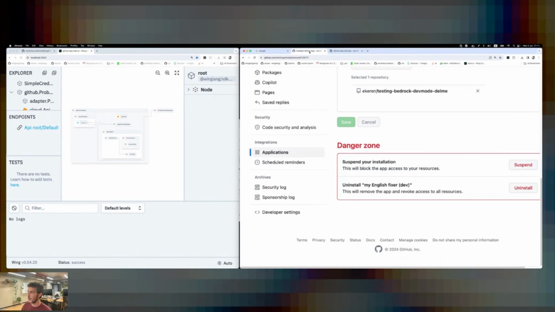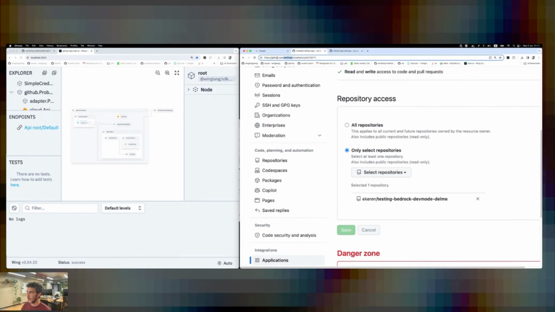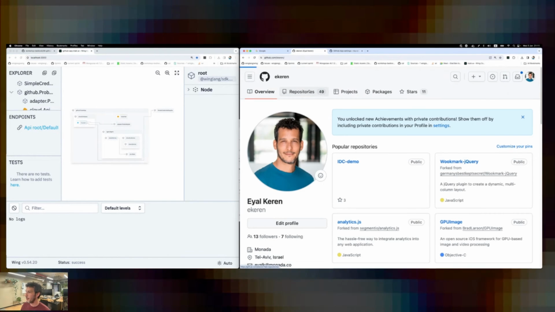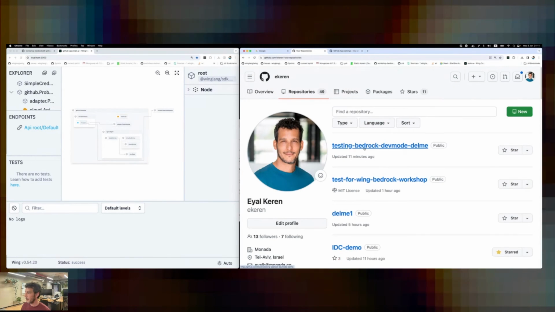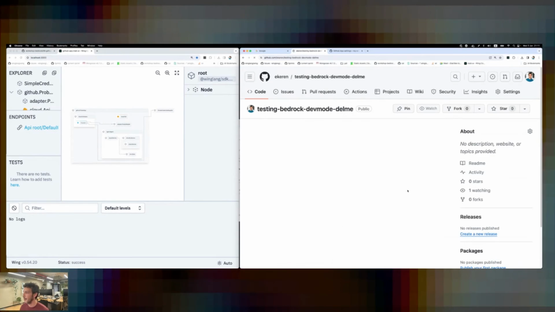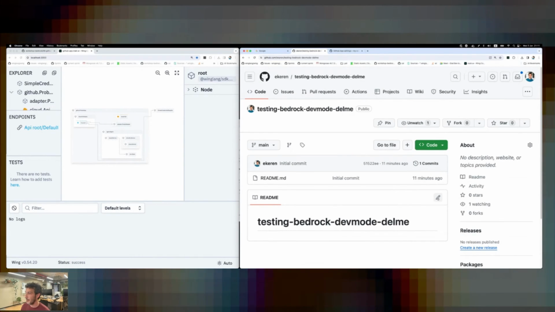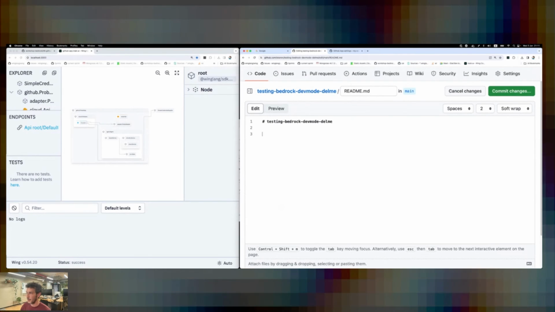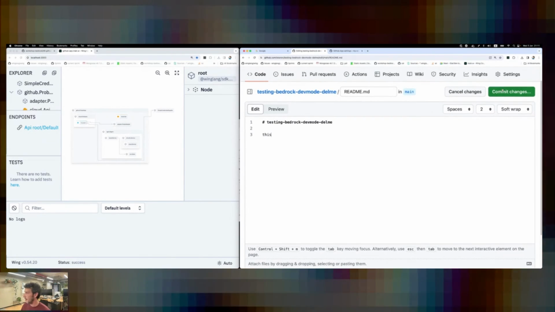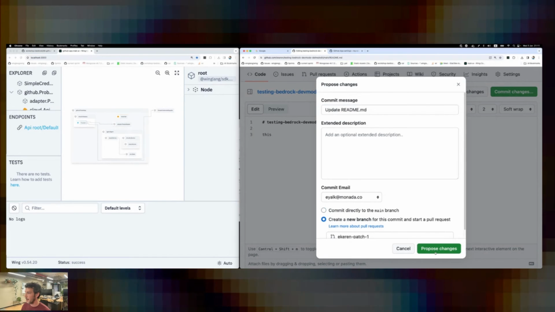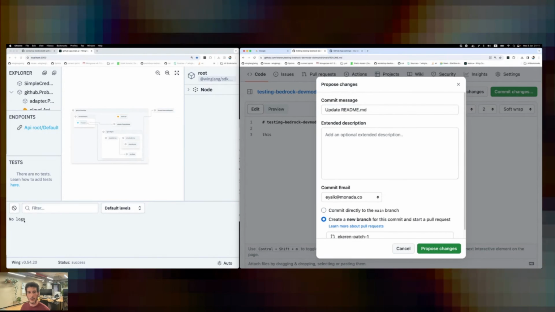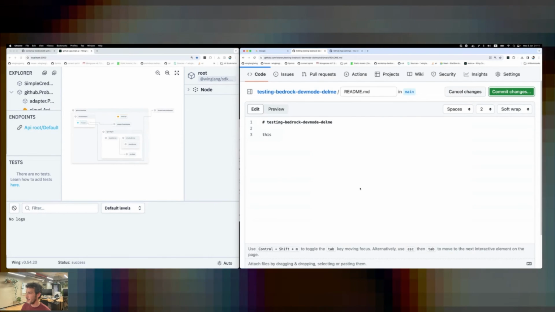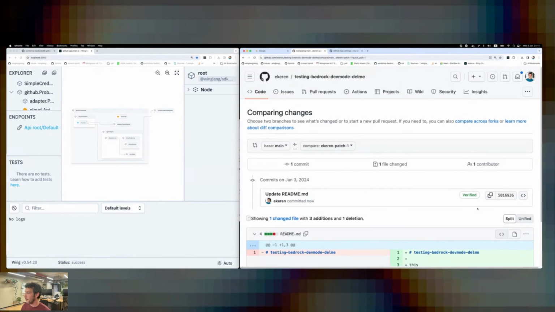The other part that I want to show you is the actual application that I've got installed. Let's go to repositories, testing Bedrock dev mod delmi. And now let's edit this README file. I just need to open a pull request. So I'm going to commit, and create a new branch. Once I do this, I want you to focus on the log on the side, no logs here, and propose a change. And when I create the pull request,